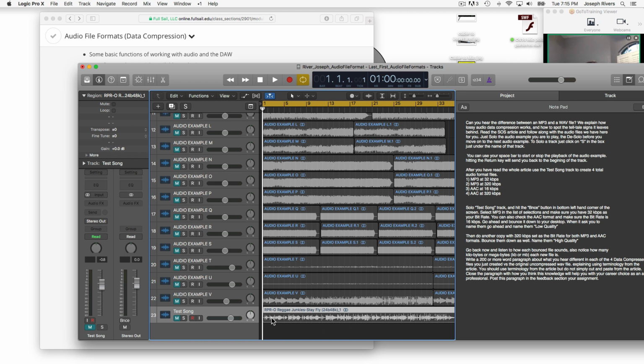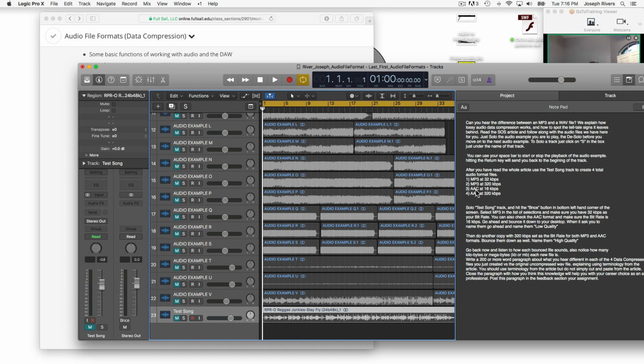Listen to it this way, then you're going to be bouncing down, and the instructions show you how to bounce down audio files. You'll bounce down as 4 different formats: an MP3 at 32 kilobytes per second, an MP3 at 320 kilobytes per second,